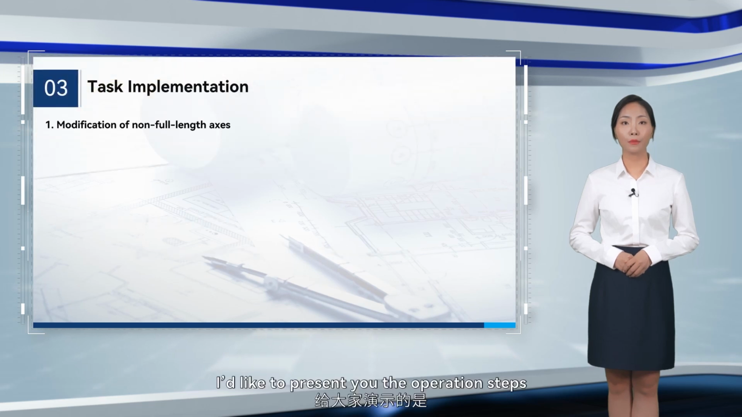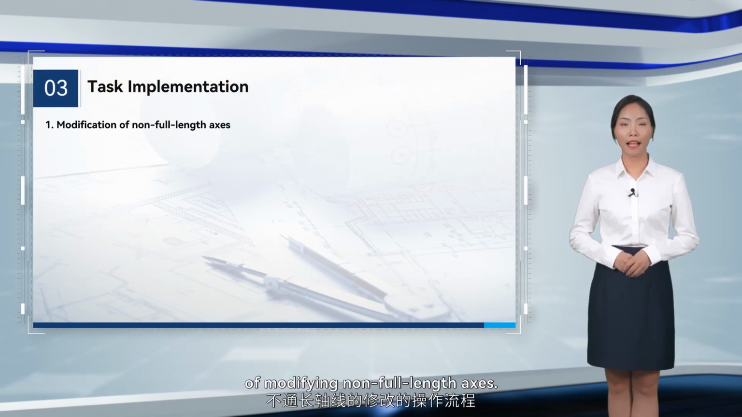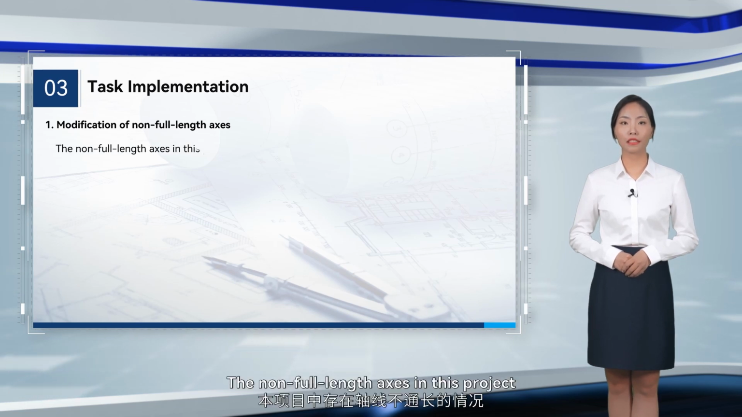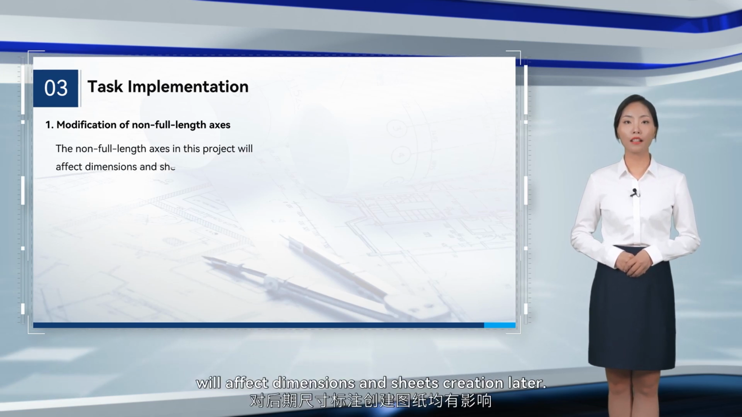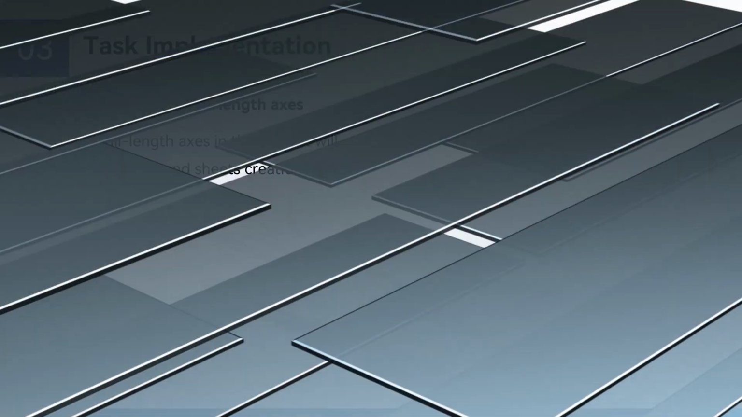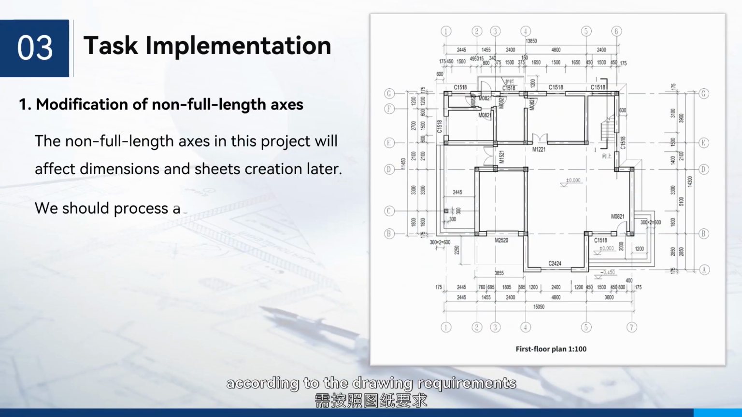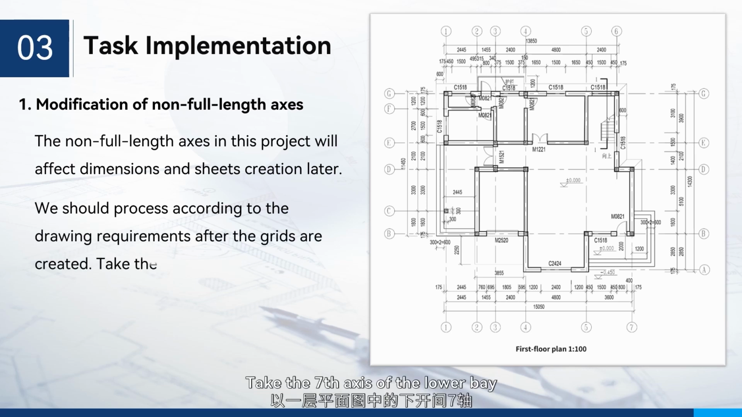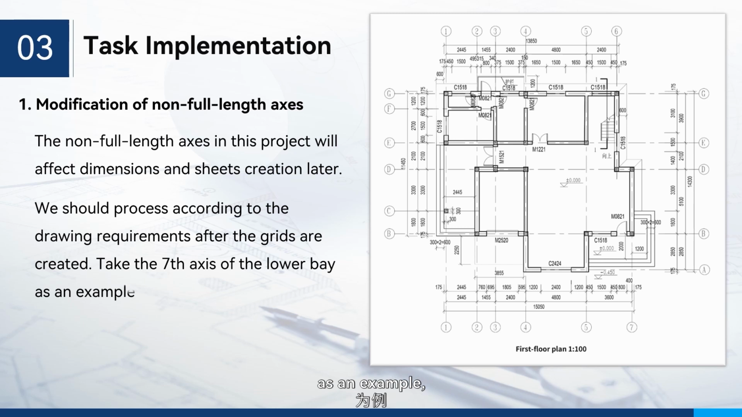First of all, I'd like to present you the operation steps of modifying non-full-length axes. The non-full-length axes in this project will affect dimensions and sheets creation later. Therefore, we should process according to the drawing requirements after the grids are created. Take the 7th axis of the lower bay as an example. We can see that it is cut off at the intersection with axis D from the bottom up. Therefore, the axis number of the upper bay should be removed and the length of the upper bay should be